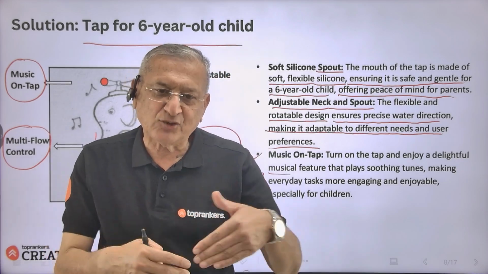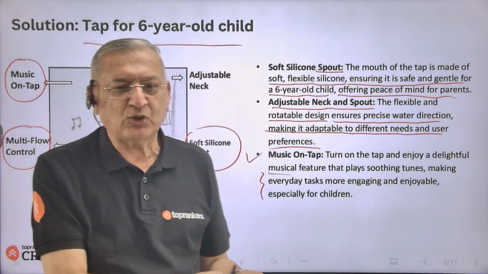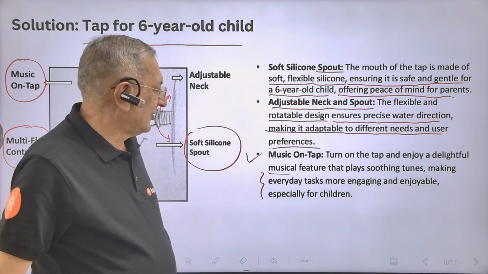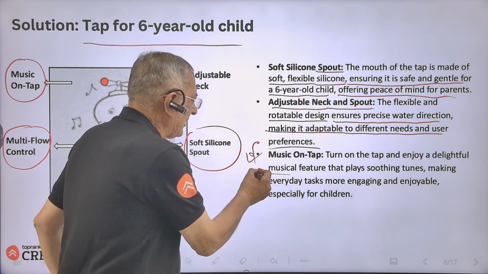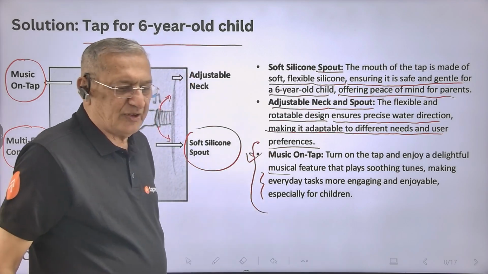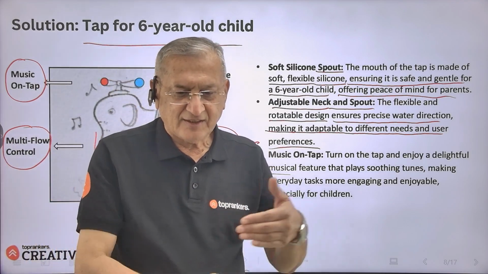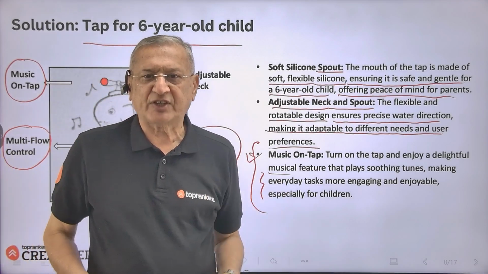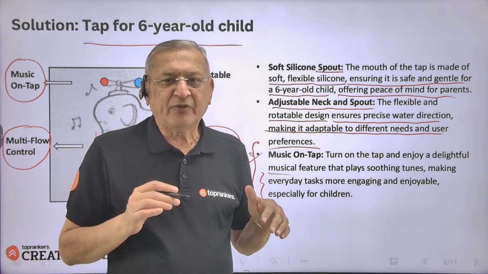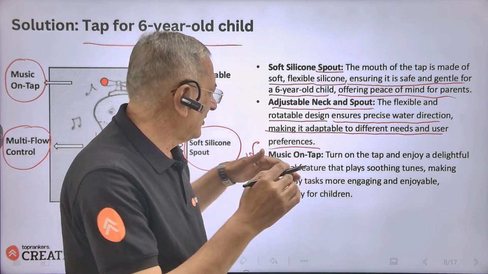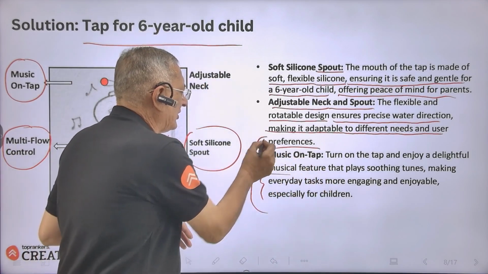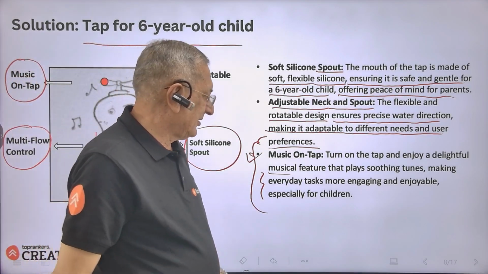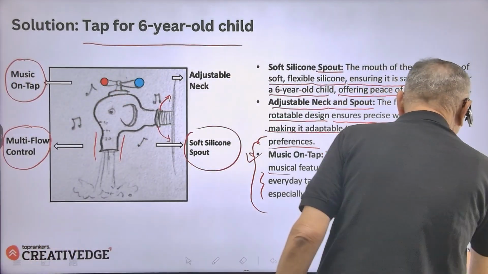The child will like to run to the tap and open the tap, right? So that will make a hygiene-friendly move of yours. You make it more interesting and very friendly to the child, right? Now let us look into the other solutions as well.